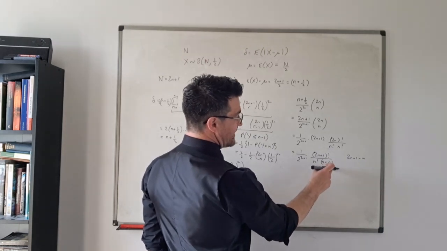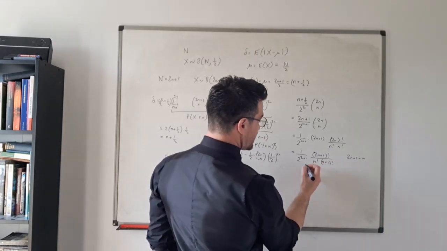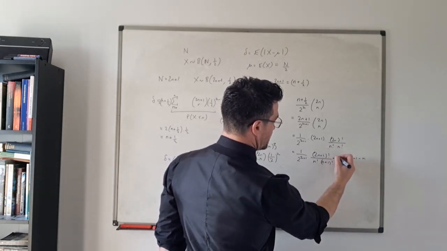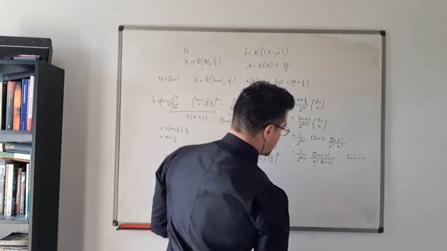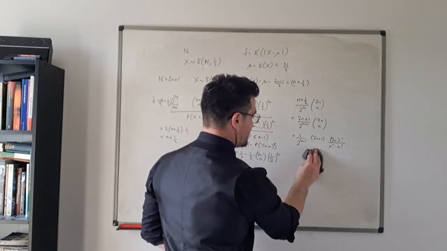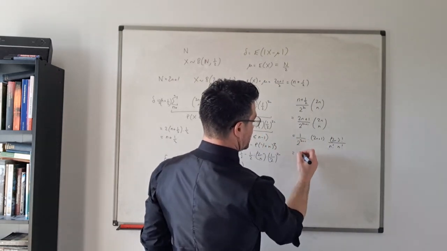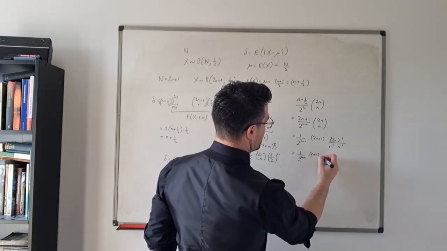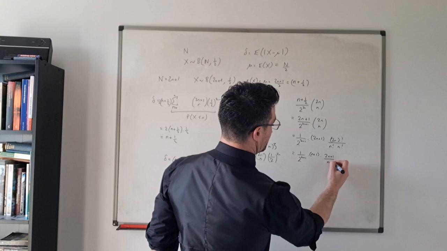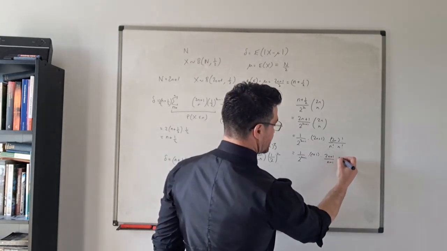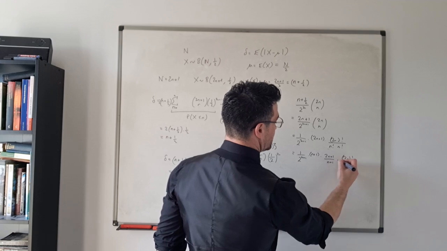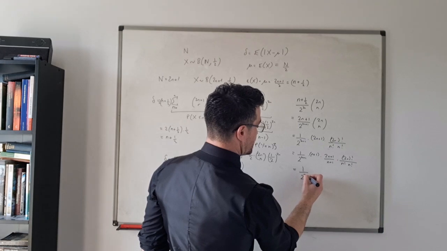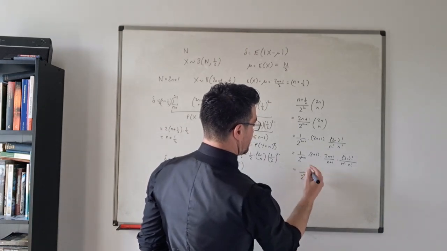So I can force an n plus 1 in here by multiplying numerator and denominator of this by n plus 1. Okay, so maybe I'll just take it step by step so you can see a bit more clearly what I'm doing. So I'm going from this to 1 over 2 to the power of 2n plus 1 times n plus 1 times 2n plus 1 over n plus 1. It's very similar to what I did in the previous case, times 2n factorial over n factorial times n factorial, which is 1 over 2 to the power of 2n plus 1. In fact, I'll write it as n plus 1,